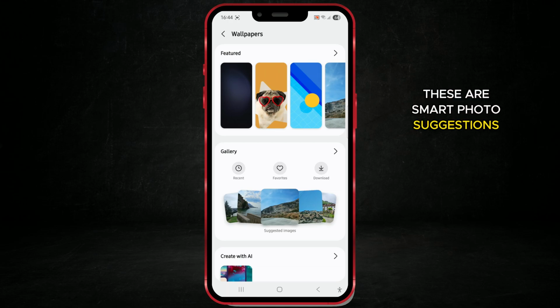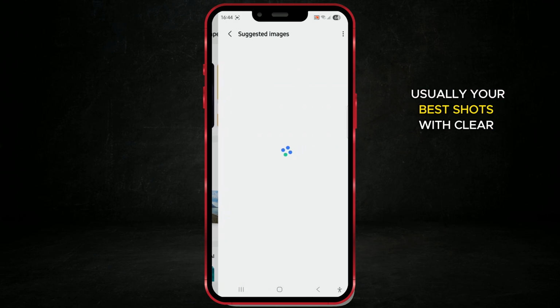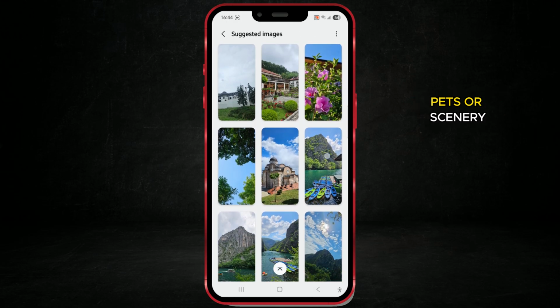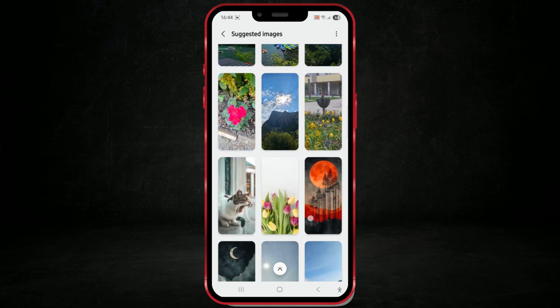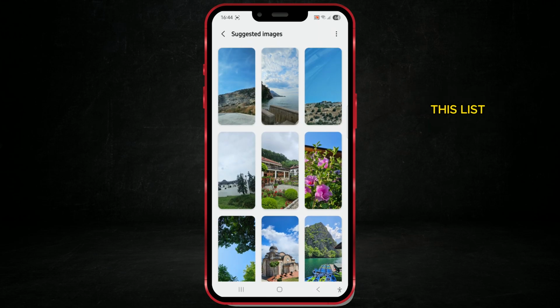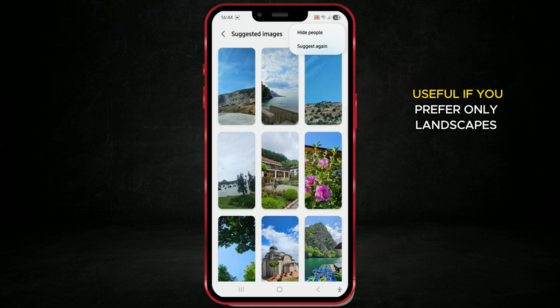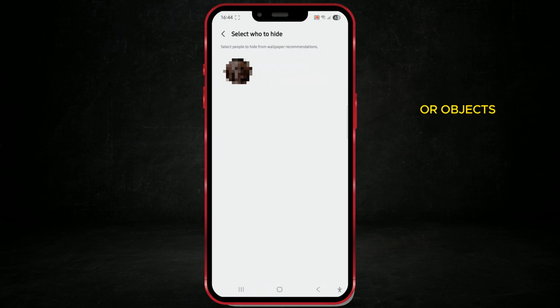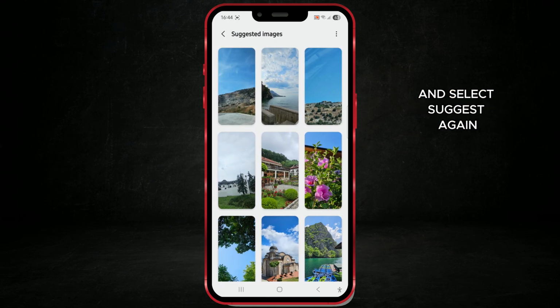These are smart photo suggestions that Galaxy AI selects from your gallery, usually your best shots with clear subjects, pets, or scenery. If you want to manage what appears in this list, just tap the three dots in the upper right corner. From there, you can choose to hide people from suggested images, useful if you prefer only landscapes or objects. You can also tap the three dots again and select Suggest Again to refresh the list and get new